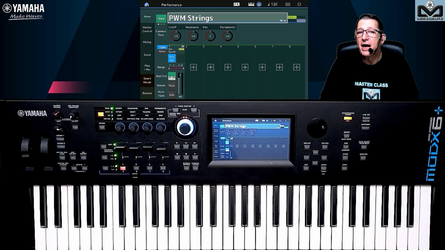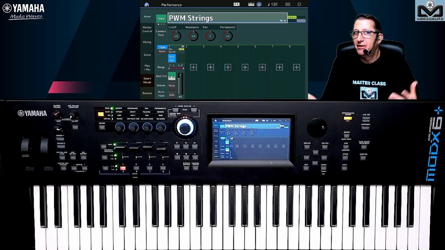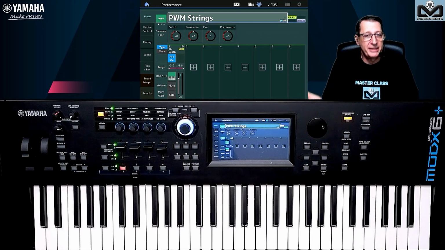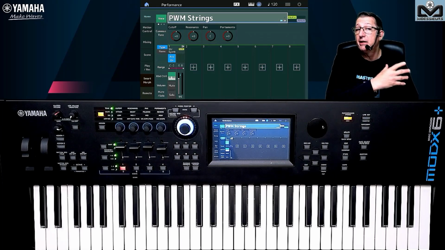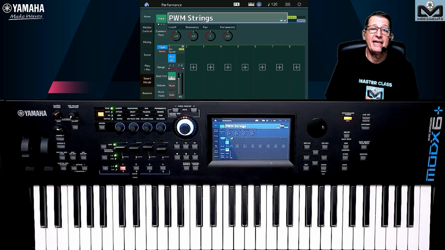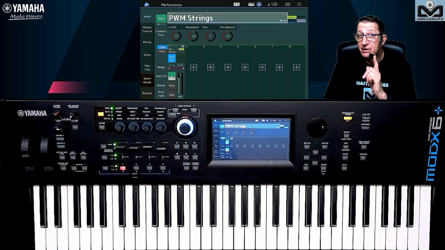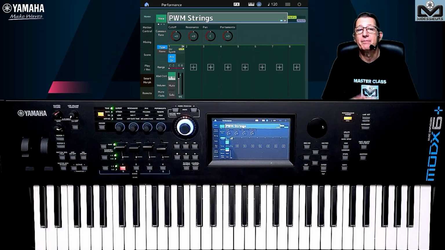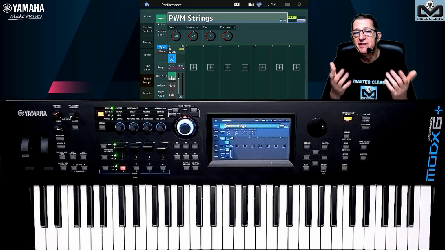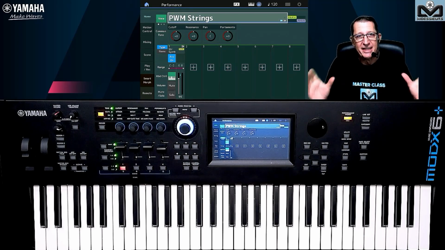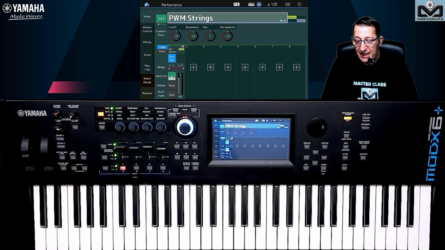So let's start. What is a vocoder? This is an effect. Yes, of course. When you talk, when you sing, when you speak, you have your voice going and it produces what we call formant. And the vocoder through the microphone, because this first video will be more dedicated to the microphone, and we will have a second with the parts, and you will see we can do some great things with the parts. And so the vocoder through the microphone takes this formant and can transform them. This is a kind of filter. You have 10 filter bands that you can work with inside the Modex Plus, Modex or Montage vocoder.